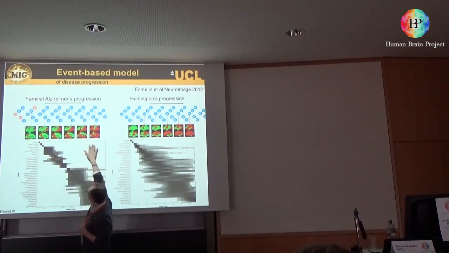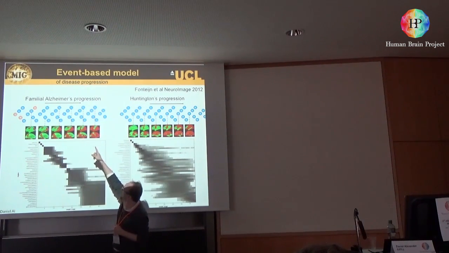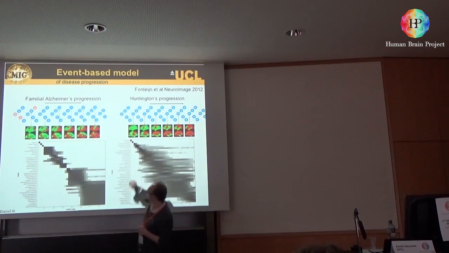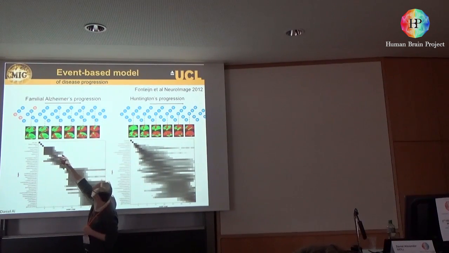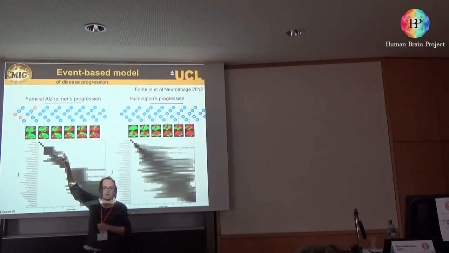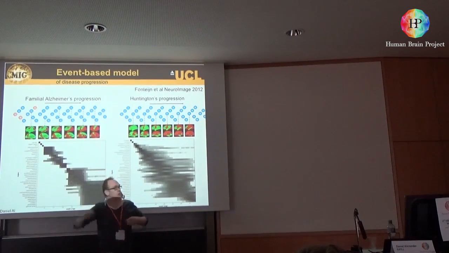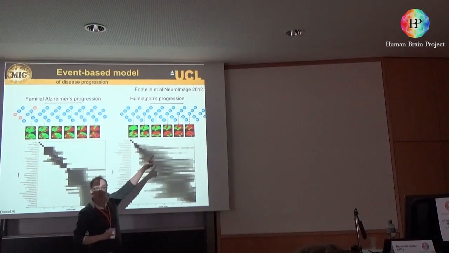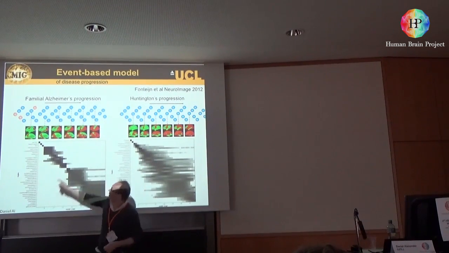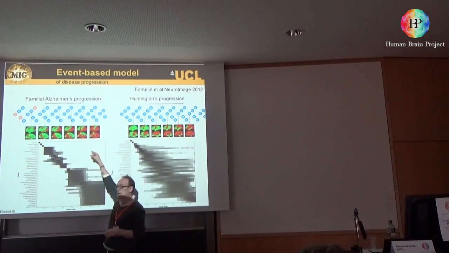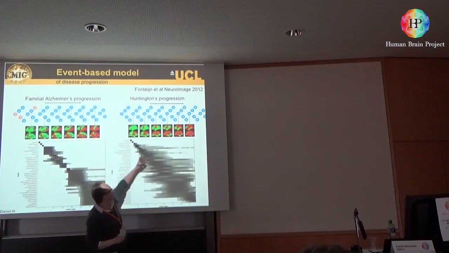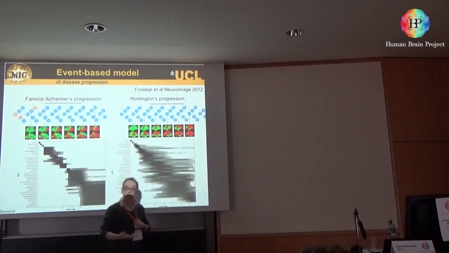And so we can see this mapped back onto the brain. This is a map for Alzheimer's, this is one for Huntington's. So there are some nice results that come out of this, in that we see the memory-related areas going early in Alzheimer's, but being spared quite late in Huntington's. And on the other hand, motor areas are spared quite late in Alzheimer's, but go early in Huntington's, which is what you'd expect for these two